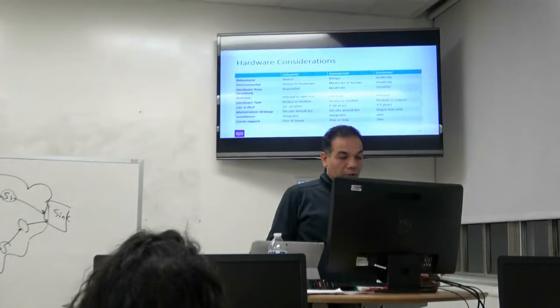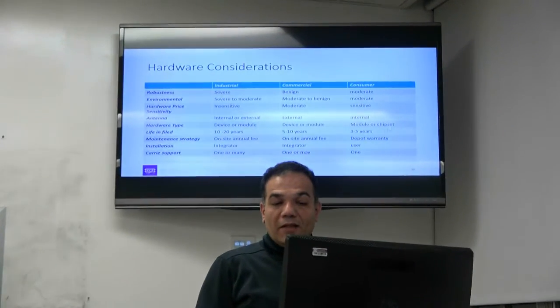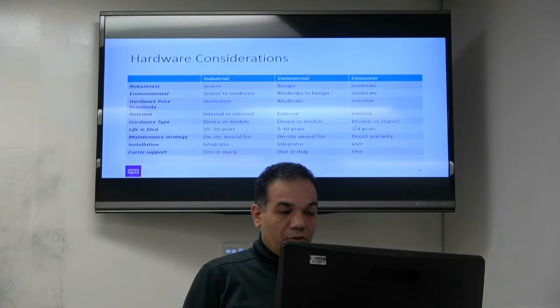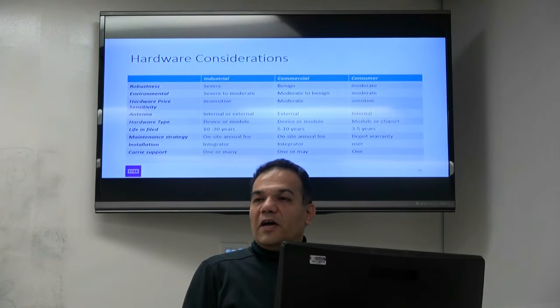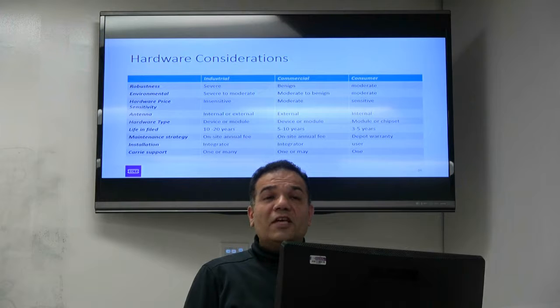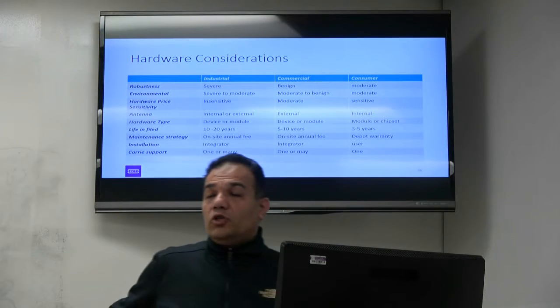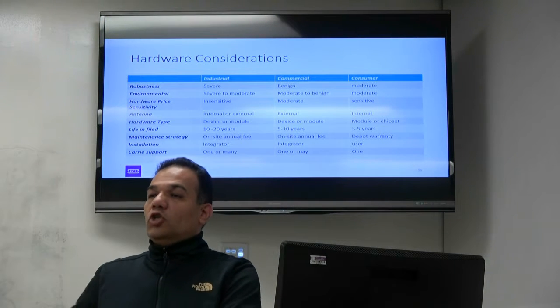For example, life in the field is 10 to 20 years. But usually any device you buy at home lasts 3 to 5 years, all right? And this also reflects in the price. If you offer a very robust device to sell at home for $2,000, how many people can buy a device for $2,000? If you're a person with diabetes, and they tell you we have a device that could control your blood sugar, so it can pump insulin in your body according to sugar level.